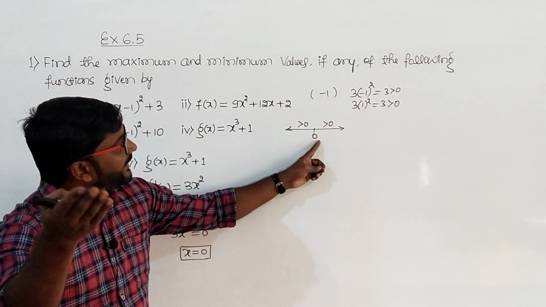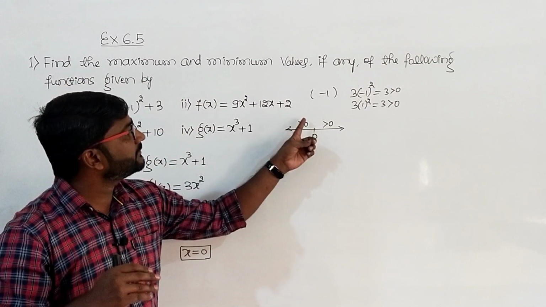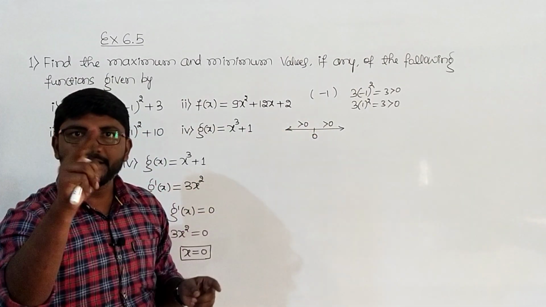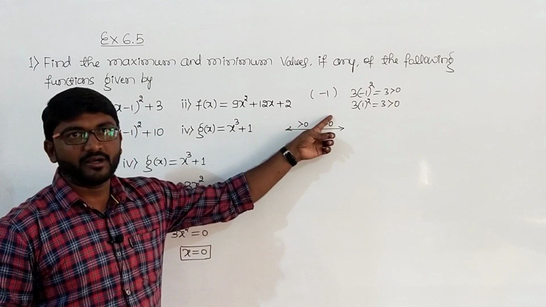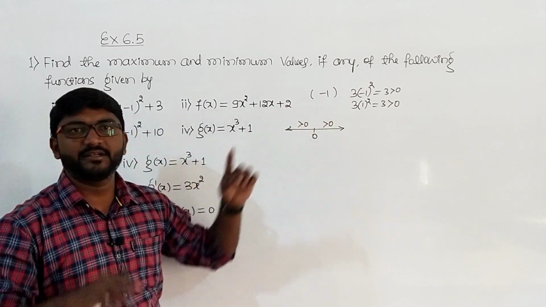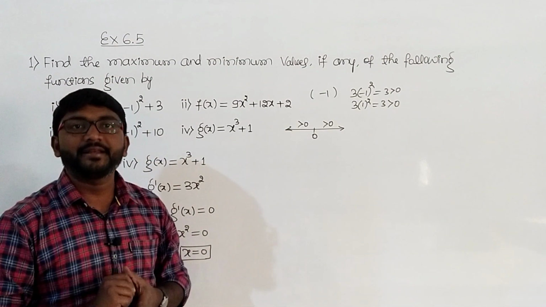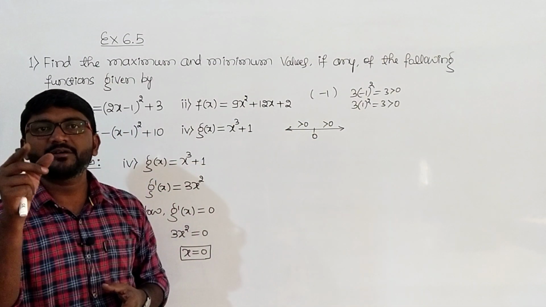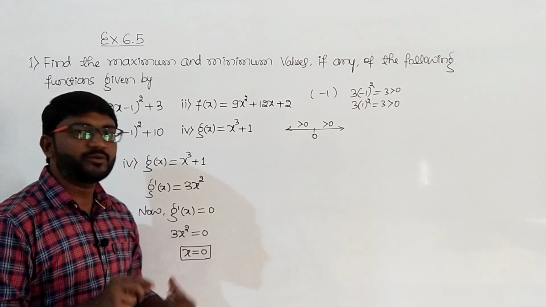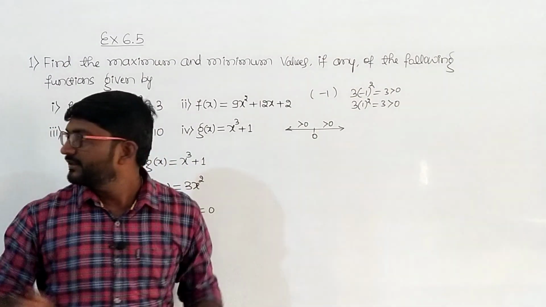If you take the value to the left and to the right, the derivative sign must change. Either you should get plus here and minus here, or minus here and plus here. It should increase or decrease. But here the sign is not changing. That is why we have come to the conclusion that x equal to 0 is a point of inflection. That we have to write now.